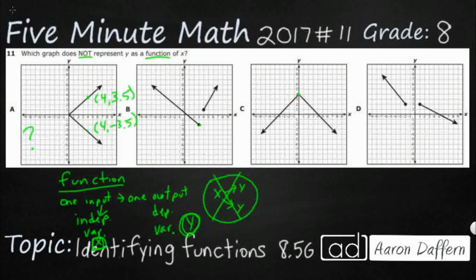And then you've got a little bit of a wider gap on D between -2 and 1, but these arrows go in opposite directions. Now, if the arrows were to go something like this, well, that would be a problem with these points right here. So whenever you are looking at a graph, it's actually the easiest to identify whether it's a function or not,